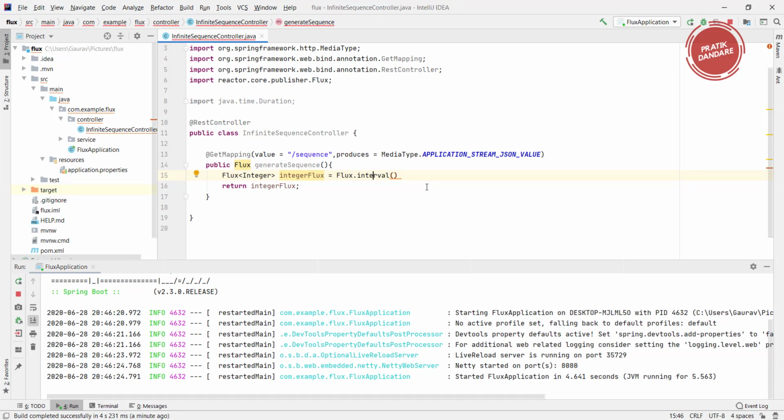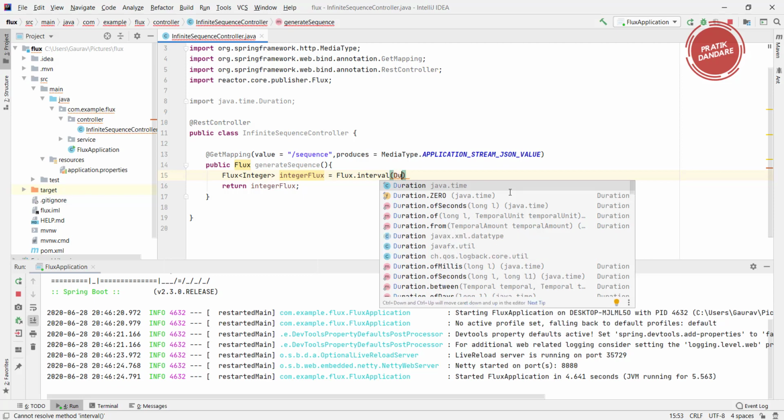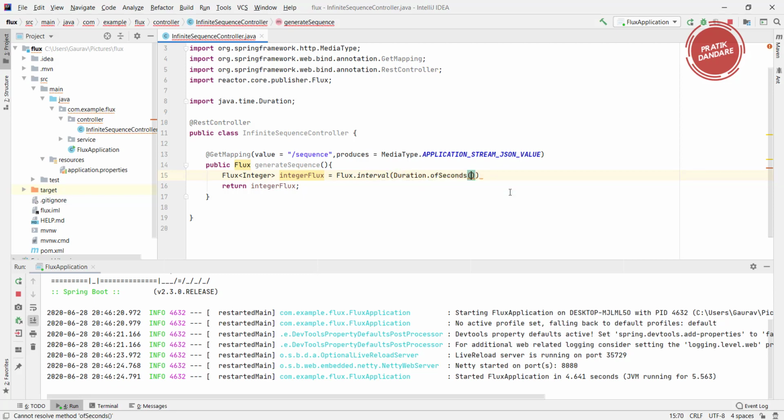It is going to generate the sequence for you. What is a sequence? It's numbers 1, 2, 3, 4, 5, 6, whatever it is. It returns a long, basically. I want to generate a sequence with a duration of 1 second.